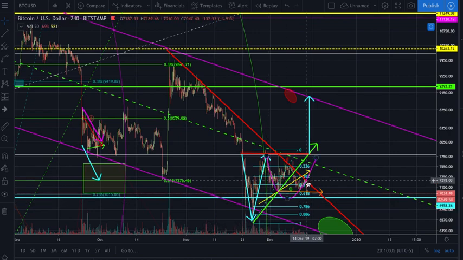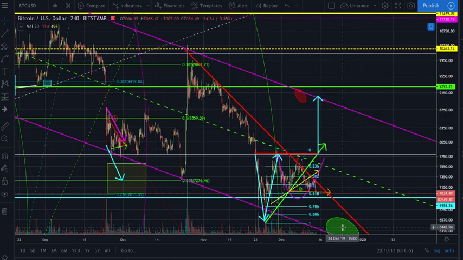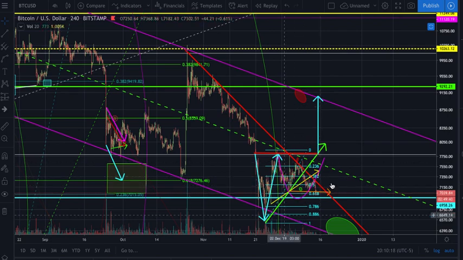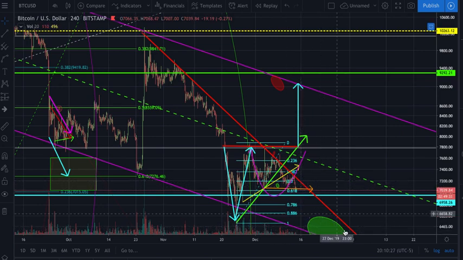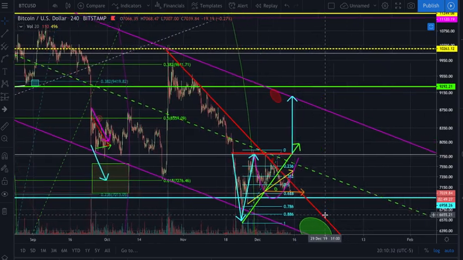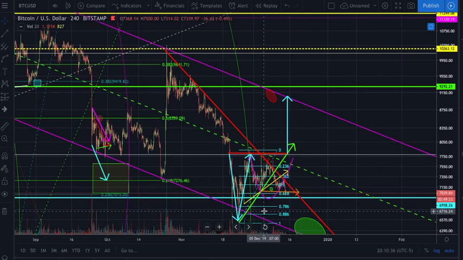Right now the most likely thing to happen is what's been happening. We're in this descending channel. We're getting pushed down by this descending trend line inside the channel, and the most likely thing is that it'll continue to happen. So more than likely we'll stay inside the channel and stay below this red line. What does that tell us? That tells us that most likely we're going to stay in this zone right here, this little part of the triangle, and fill that out for the next few weeks, possibly a month, and then at the end of the year, beginning of next year, we could potentially see a move.